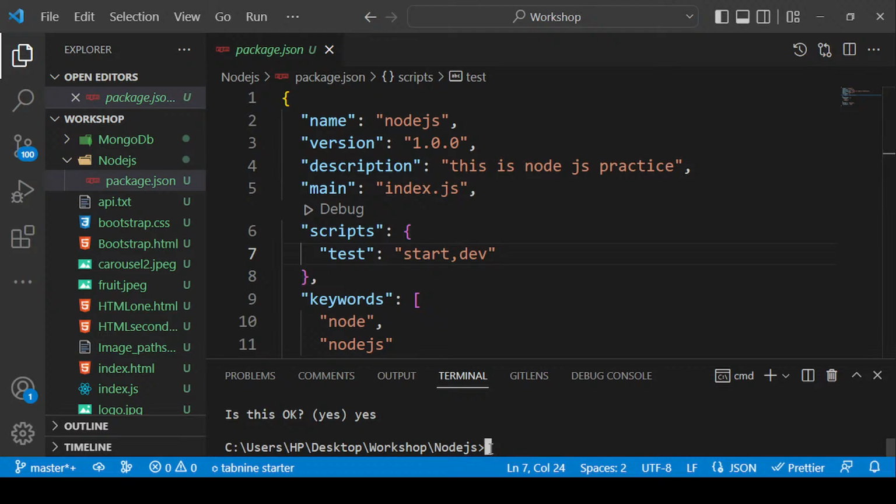Just like I have shown you on the browser some package names, I will install one package here called, first of all, the CORS package, that is called as a cross origin, and